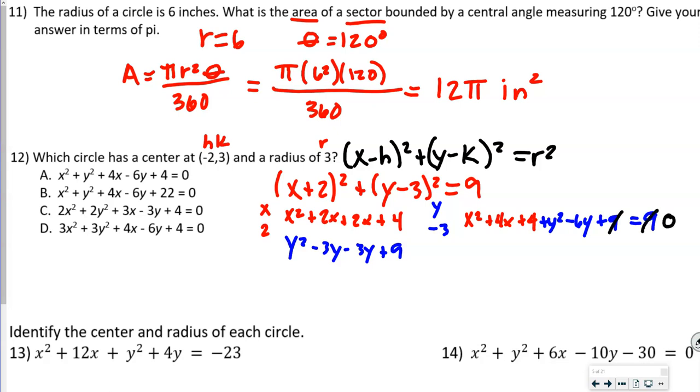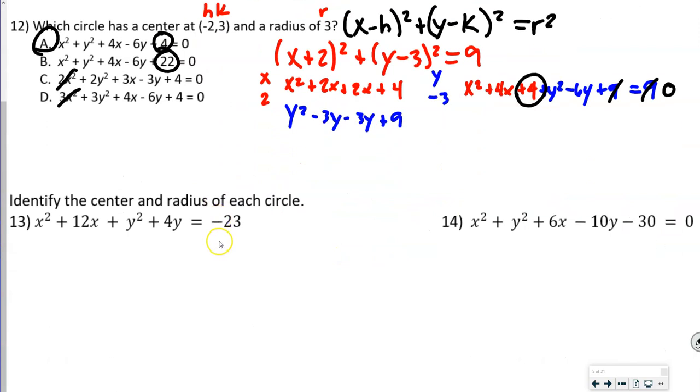So now I just want to look and see which terms are the same. So we got an x squared and an x squared. So we don't have the 2x squared. We don't have the 3x squared, okay? And then I have a 4x. Everything's the same here, notice, but these two numbers and the other two. Okay, so what am I left with right here? That 4. Okay, so that's why the answer would be A. So to me, the easiest way to do this is just expand the equation till you see which one matches